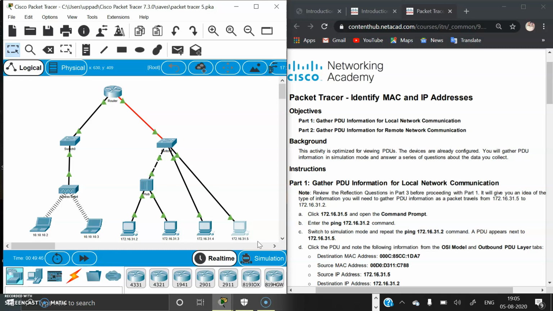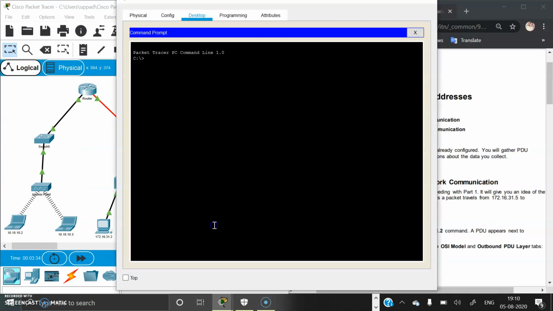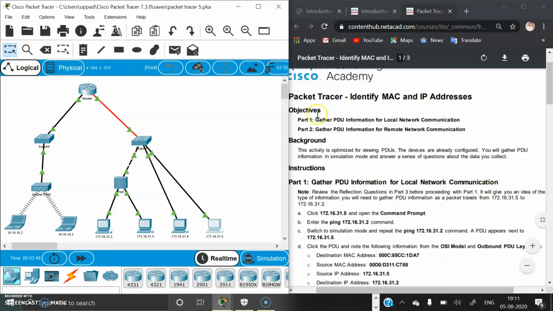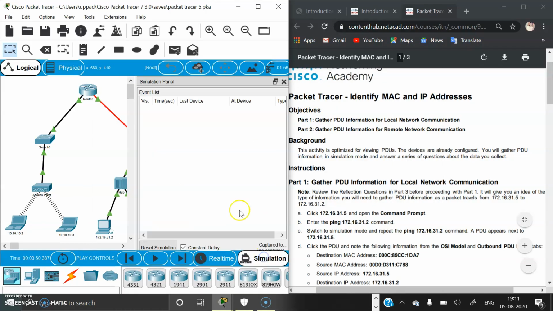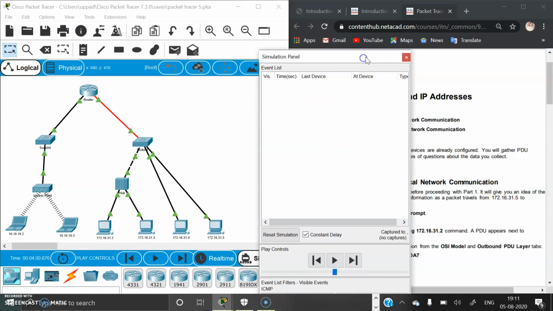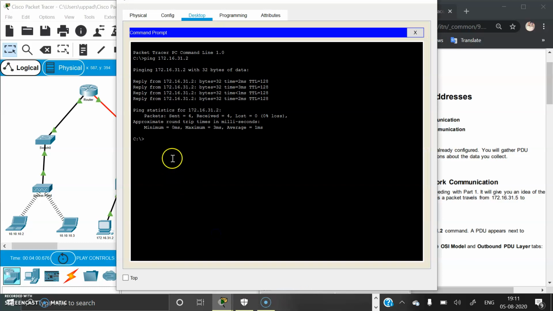For that, click on this PC and then enter the command ping 172.16.31.2. Okay, keep it like this and go to the simulation mode, and then again go to the PC and enter the same command again to get the PDU.